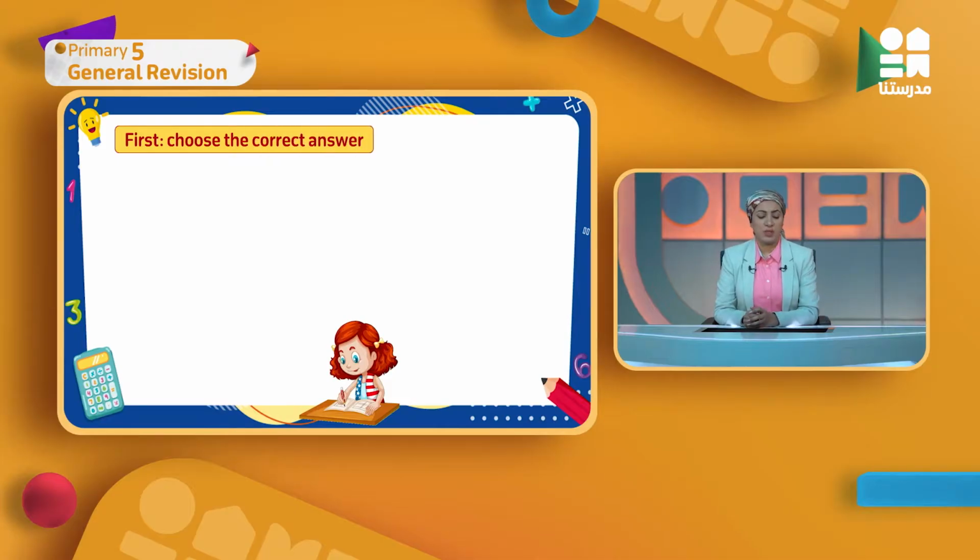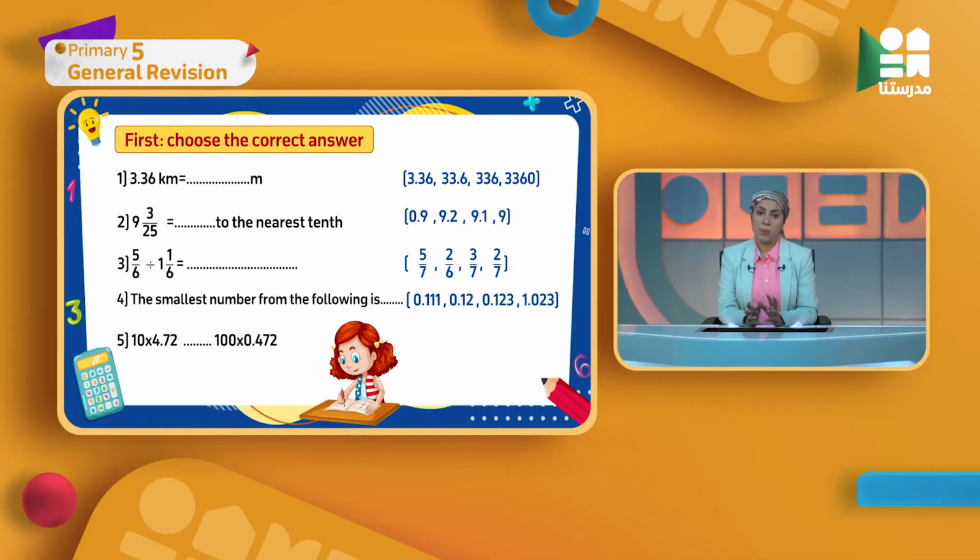The first question is choose the correct answer. As we said before, in this type of questions, we need to show our work out and write the answer in the spaces. After that, we can circle or underline the right choice. Again,